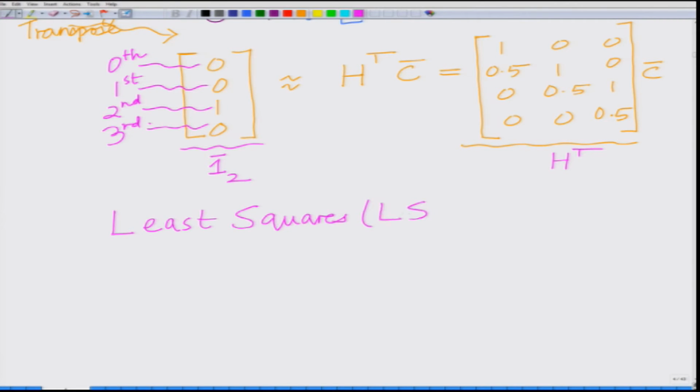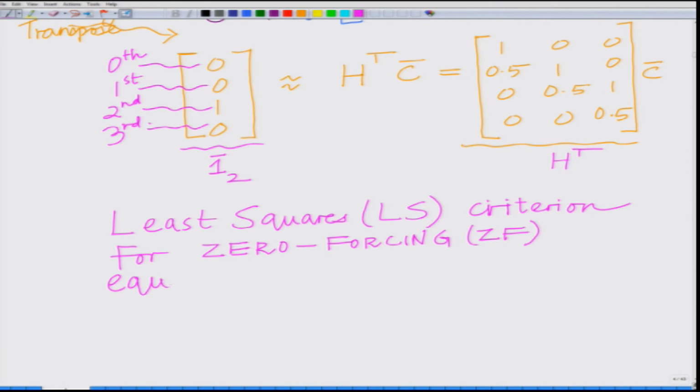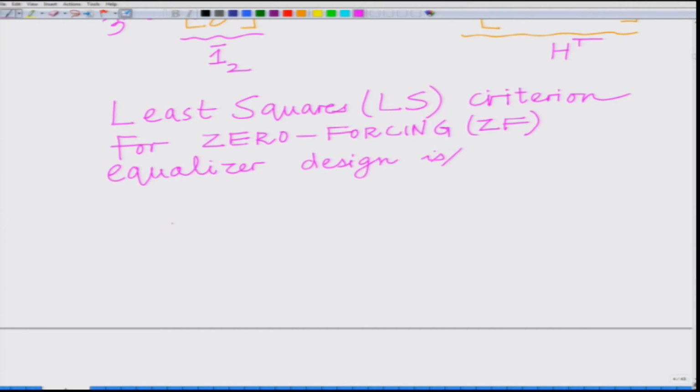in fact the least squares criterion for zero forcing or ZF equalizer design is to minimize norm 1 bar 2 minus H transpose C bar squared, and the equalizer C bar, the least squares solution,